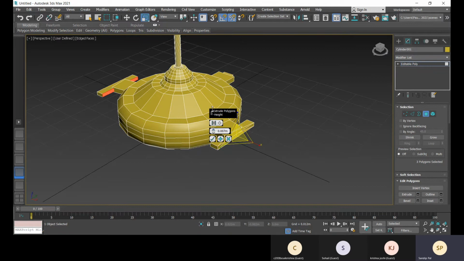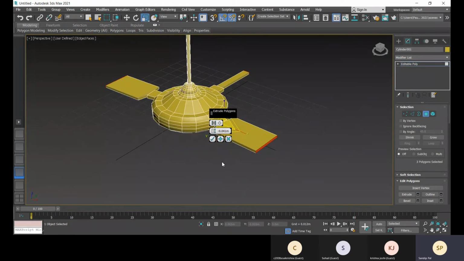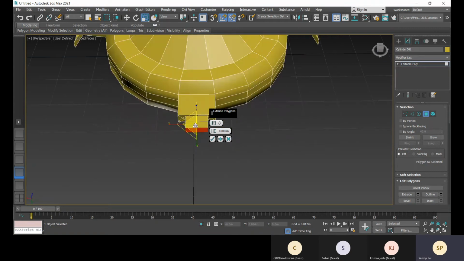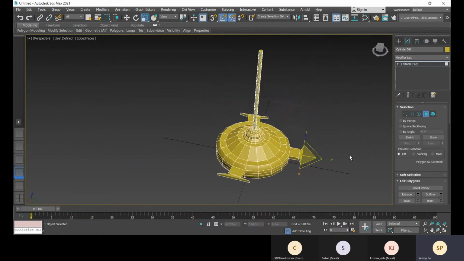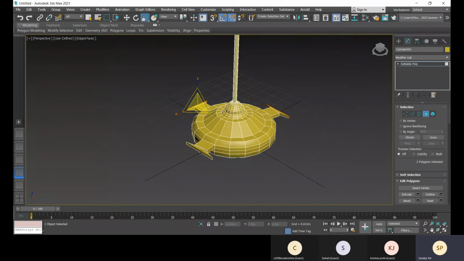Extrude. So for this I have to do that. Like this, and now extrude.